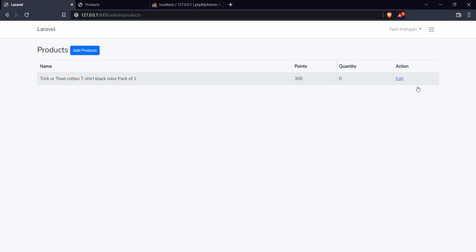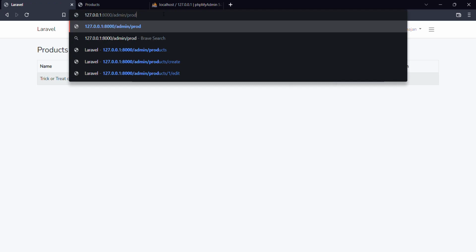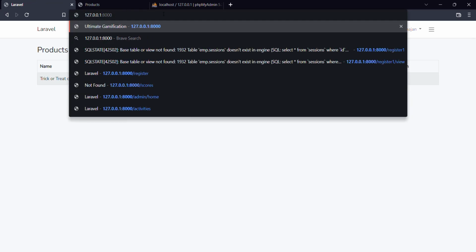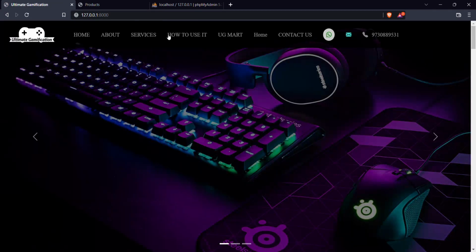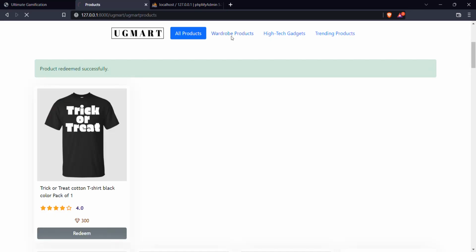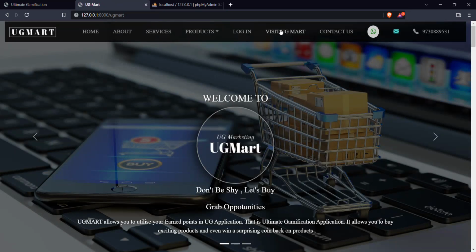And these are the products that are available in the stock that can be redeemed, or better you can say that these are the products that we provide for the users who have the ultimate gamification coins, right? Later if I go and access my UGMart, right? So UGMart is here, and if I visit UGMart,